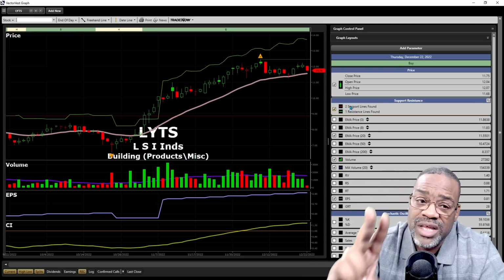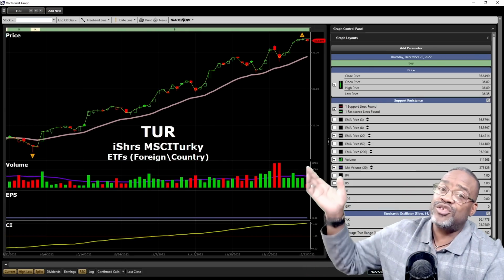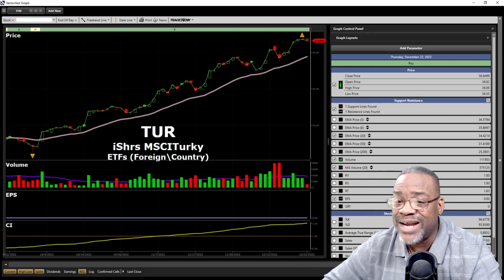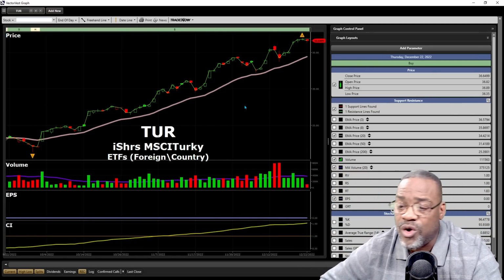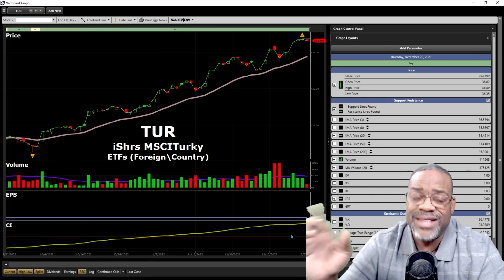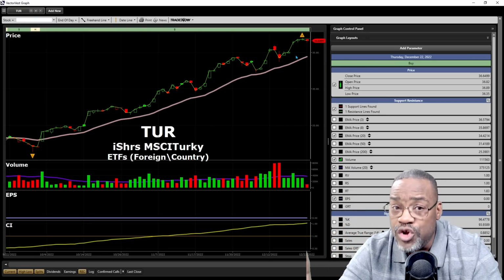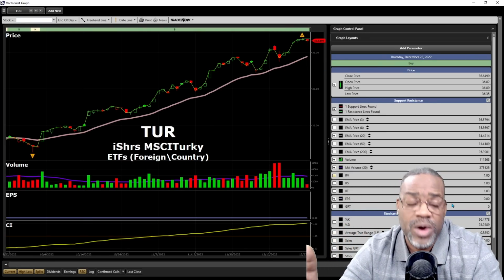If you own it, I would leave it alone and look to see if the stock falls below the 20-day exponential moving average. Turkey, Craig, you wanted this stock. It's rocking, it's rolling. Earnings per share, because it's an ETF, is going to be level, but the CI, the stock, is just going up in price. I like it. If I'm going to be new to getting into it, I'd look at 12 cents higher than